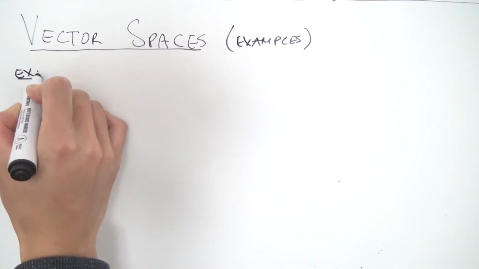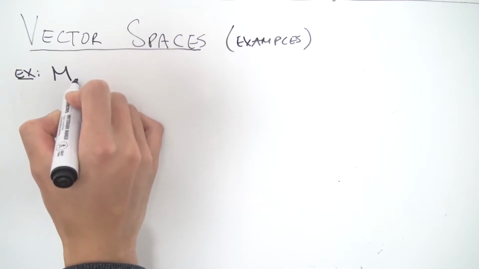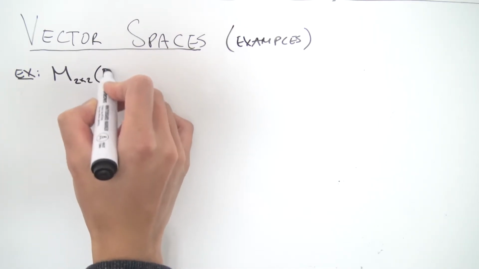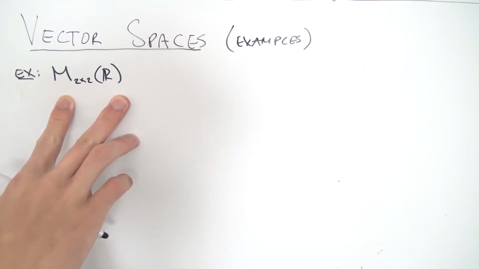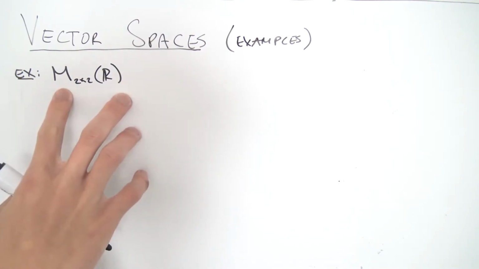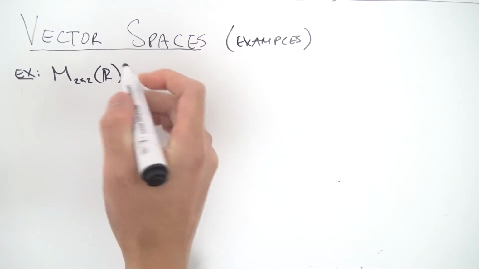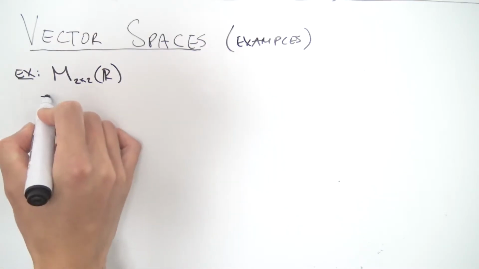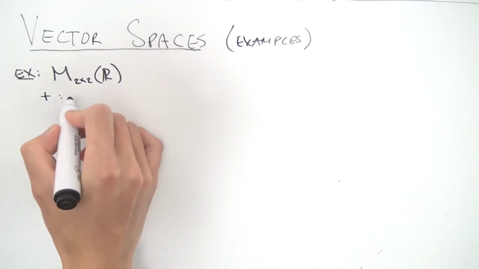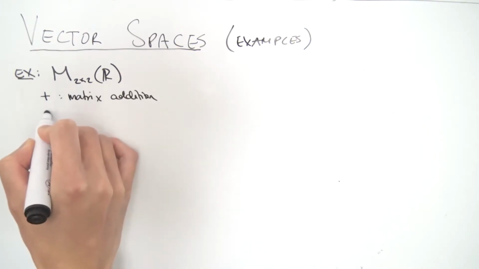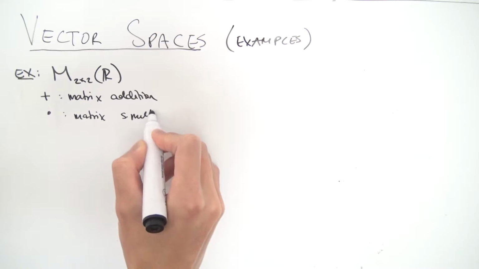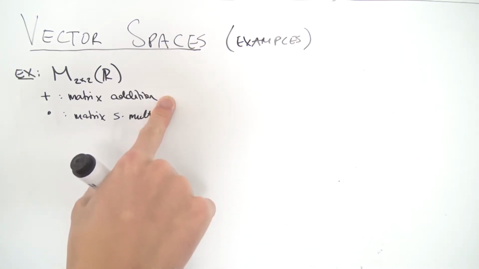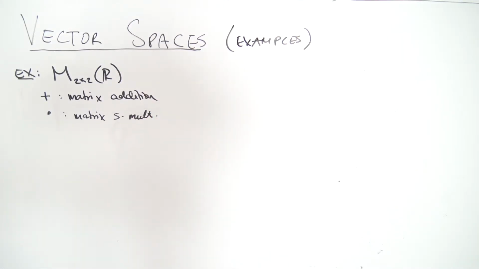Let's take a look at the first example, which is the set of all 2 by 2 matrices over the real numbers. Now, how are matrices vector spaces? Well, first of all, this is definitely a set, and we need to define 2 operations. We're going to define plus to be matrix addition, and we're going to define this dot over here to be matrix scalar multiplication. And you can check that all the axioms for matrix addition hold, namely it's commutative, it's